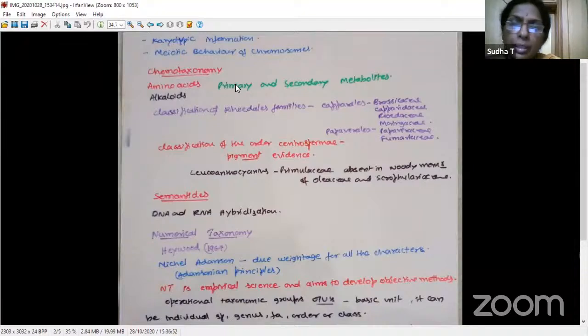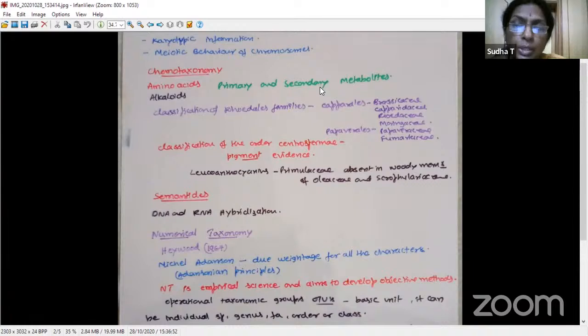They are generated in the process of metabolism. They get accumulated, they are never recycled, and they are very specific. Those are called secondary metabolites, right? These secondary metabolites are very specific to certain plants. Remember, secondary metabolites are very unique to certain families, certain genera, certain species. So that's why they are very important